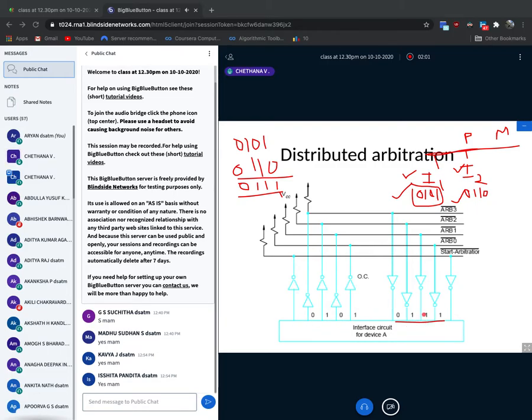From left to right, you can compare. That means each bit you have to compare. I'll take the first bit and compare it. So 0 is compared with 0, both are 0. Next, the second position bit, 1 with 1. This is also the same.